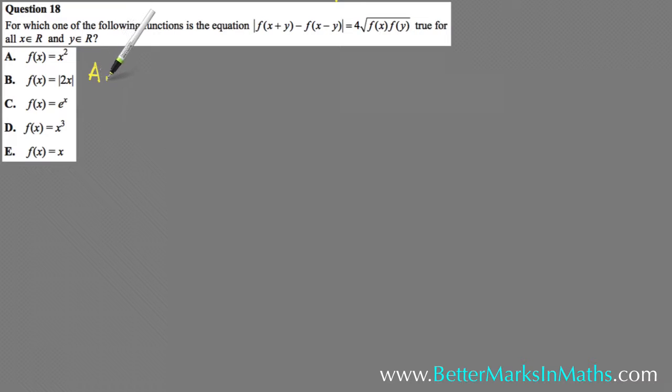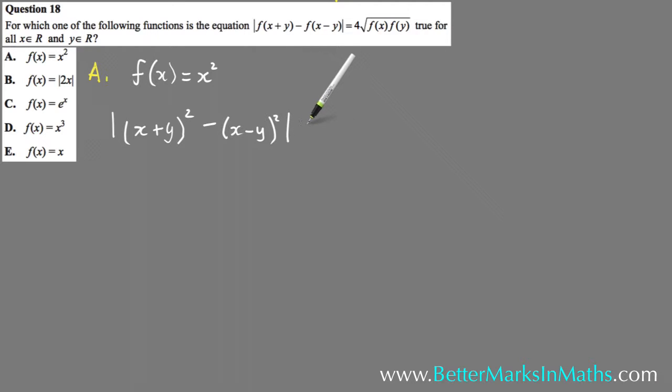So starting with equation A, or answer A, f of x equals x squared, and writing that down here, f of x equals x squared. So all you have to do is do this equation by using this function here, f of x equals x squared. And so starting with the absolute value of f of x plus y, that's replacing the x in here with x plus y. So that becomes x plus y in a bracket squared, and then minus, and then do the same with this. So replace the x in here with x minus y